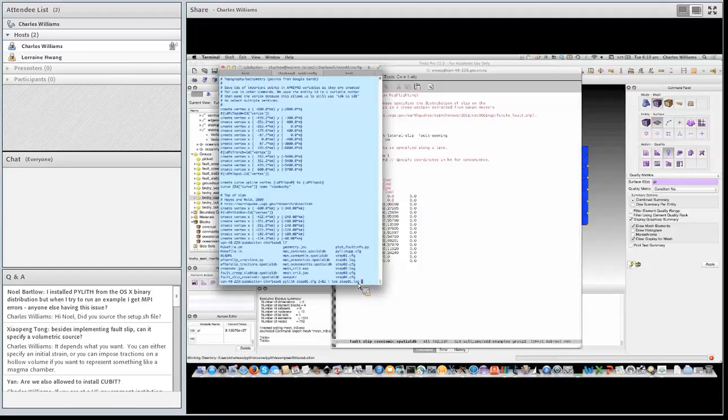We have it reading the mesh, it's reading our node sets. It goes on, it tells us some of the shape function, basis function information. A lot of times you don't need to know this, but sometimes it's handy. It'll go through all of this, the different parts of the solution, setting up the boundary conditions,